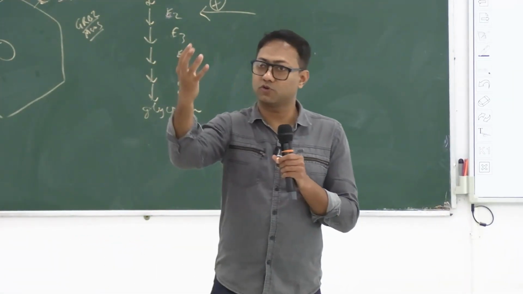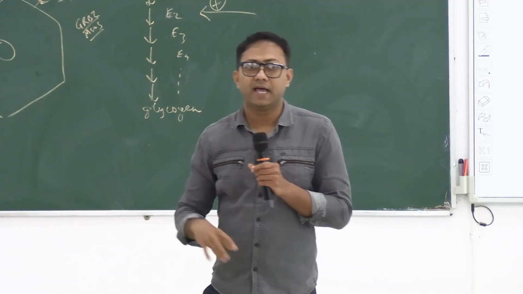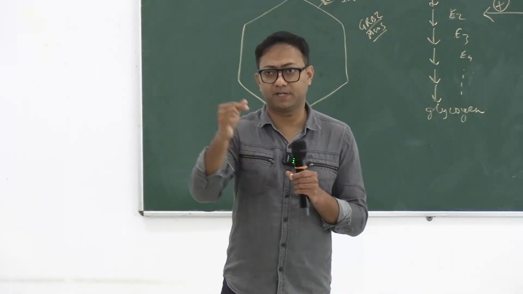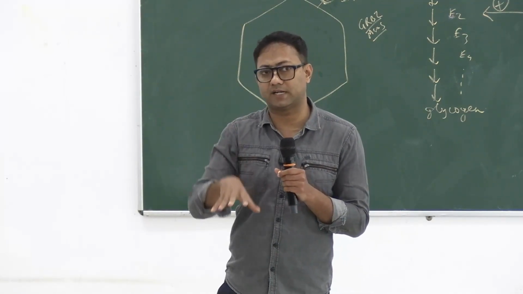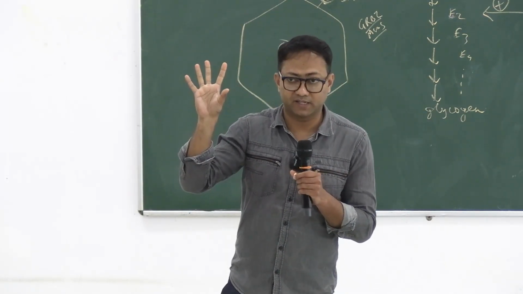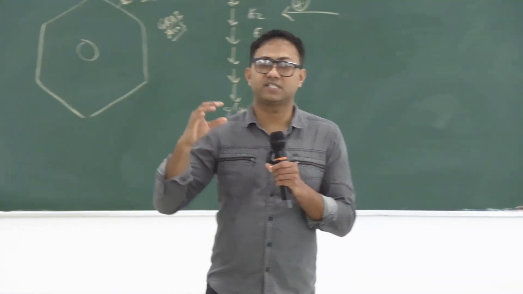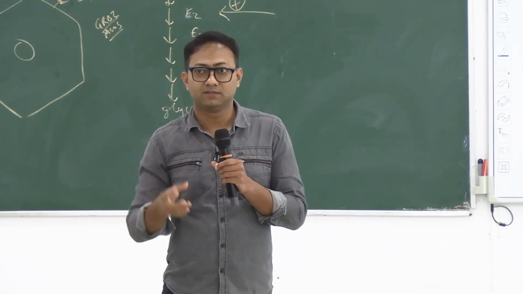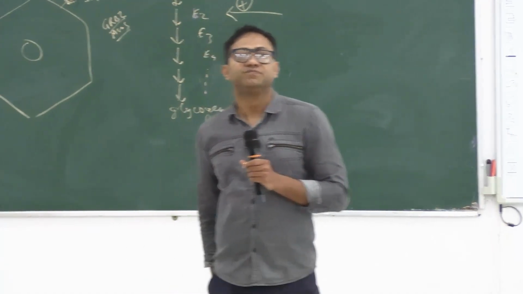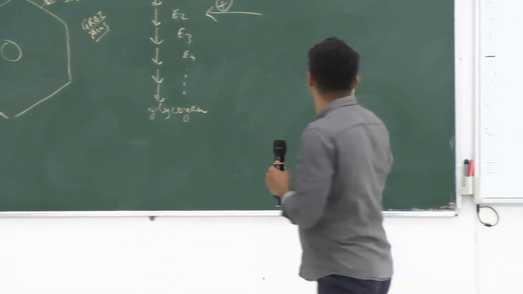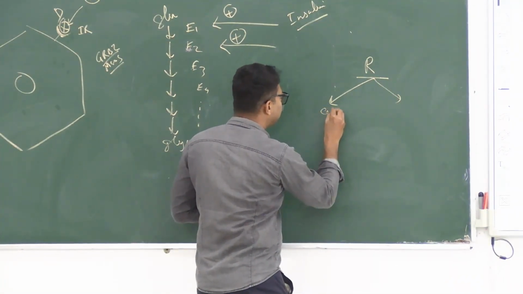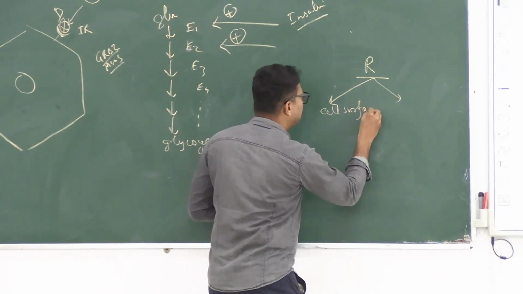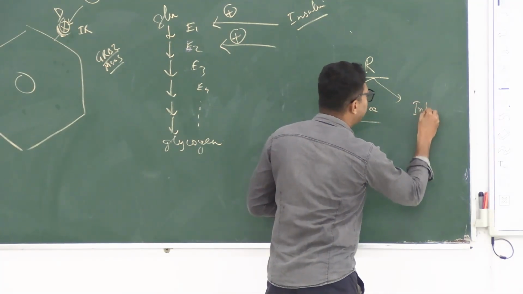Some hormones have the cell surface receptor and some hormones have an intracellular receptor. For example, you already know insulin has a receptor which is located on the cell surface, not inside the cytoplasm. Now steroid hormone, where is its receptor? On the cell surface or inside the cell? Inside the cell, right? So we classify receptors into cell surface and intracellular.